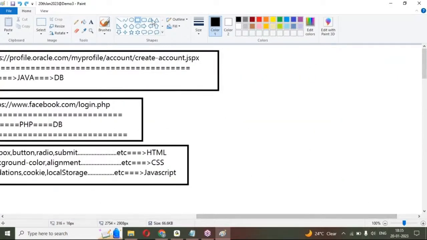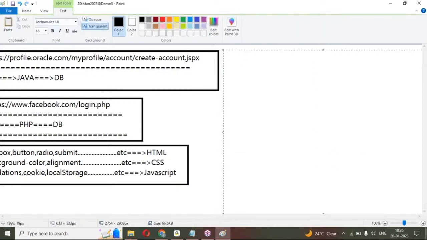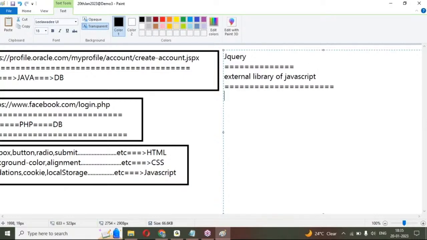Next is jQuery. What can we achieve using jQuery? jQuery is an external library of JavaScript. We call the external library of JavaScript jQuery, and we can implement it here. The jQuery is